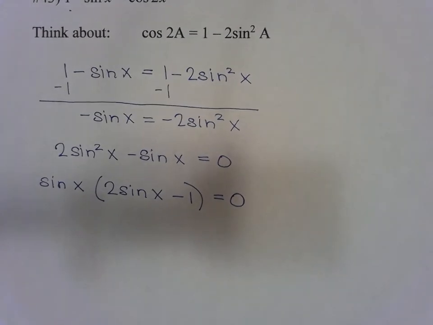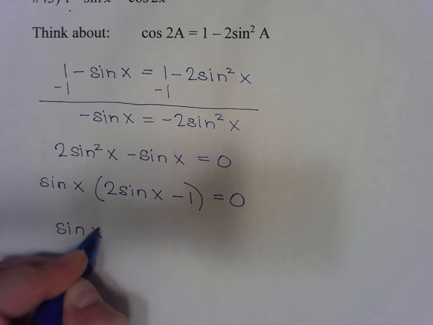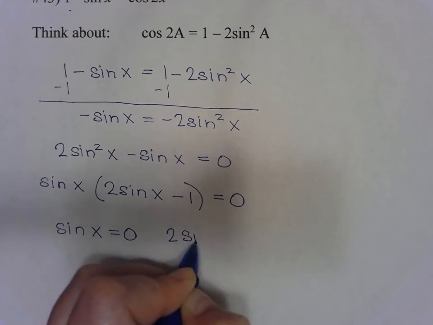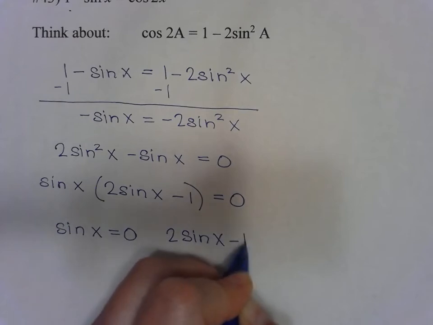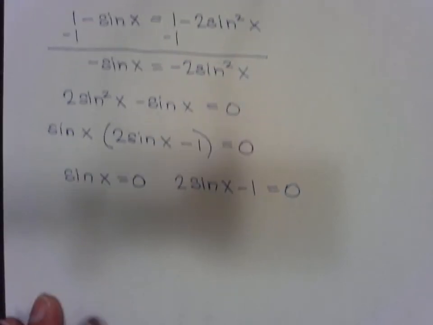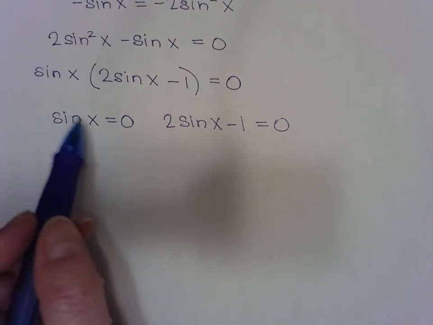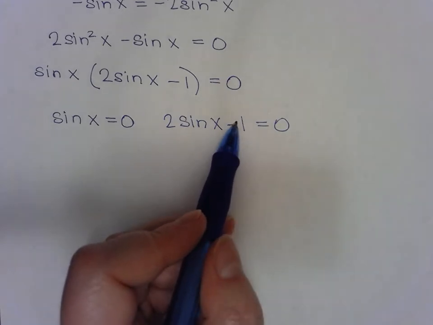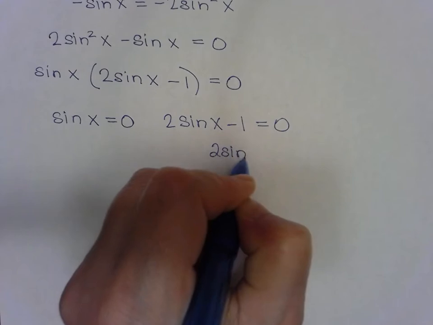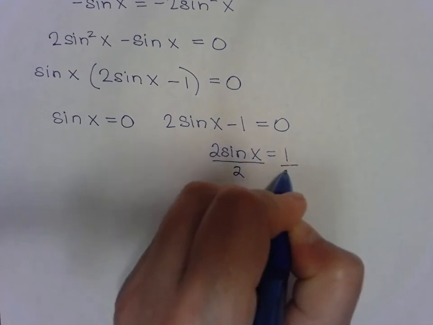Then we're going to use the zero product property, and we're going to set the sine of x equal to 0, and we're going to set 2 sine of x minus 1 equal to 0. This one's already solved, but let's go ahead and solve this one. So if we add the 1 over, and divide by 2,